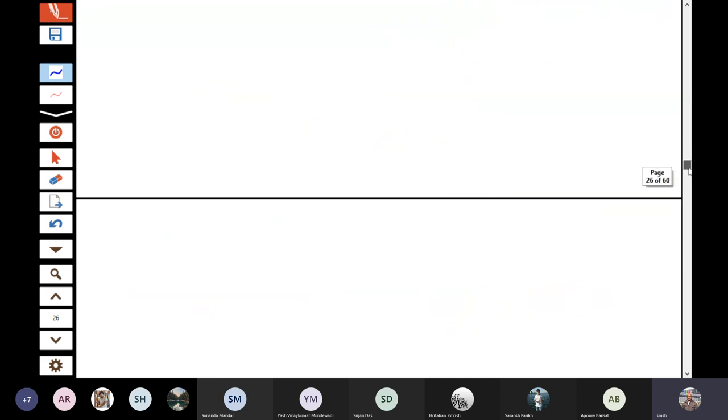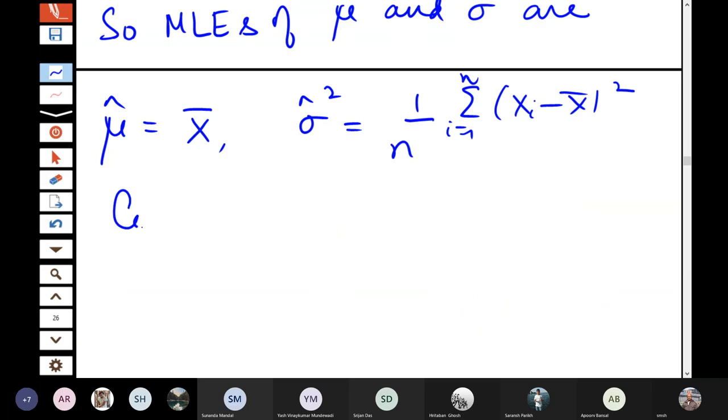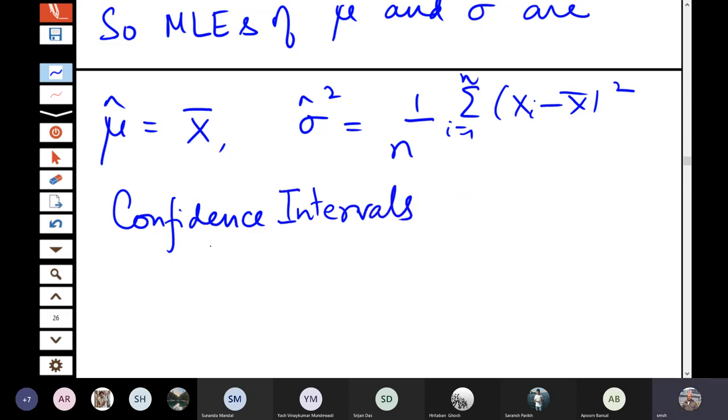Next, we talk about confidence intervals. In point estimation, what is happening is that we are assigning a single value. For example, if I say what is the average income of people in India, you will put some value, say 1,200 rupees per month or something like that. We put some single value. But suppose I say what is the expected rainfall in the next monsoon, we will say it is approximately say 170 centimeter.